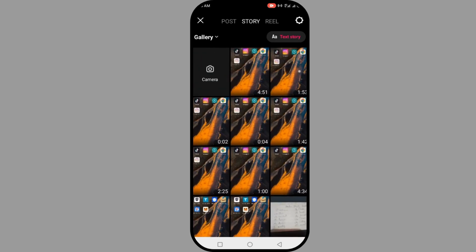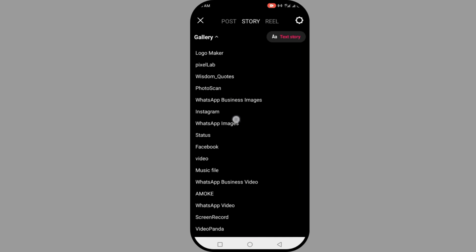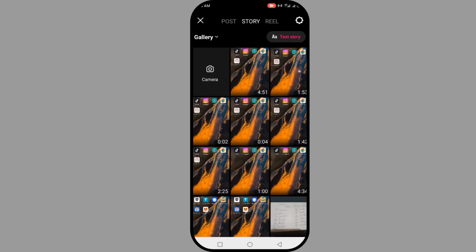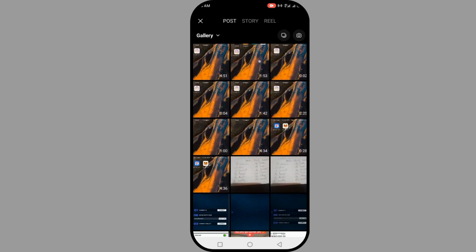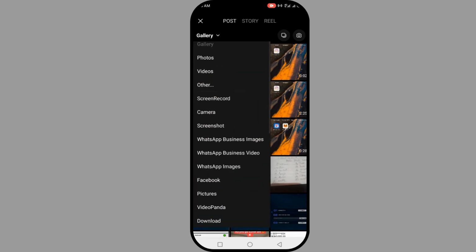Is it a post? You want to post a picture? You want to post anything? You can go through everything here. Now for post, a post is for only, you can say, you can do